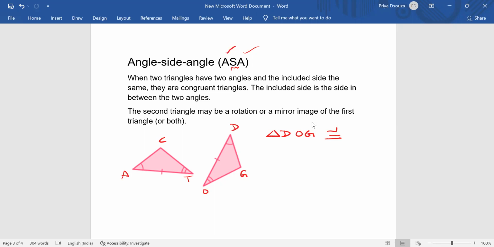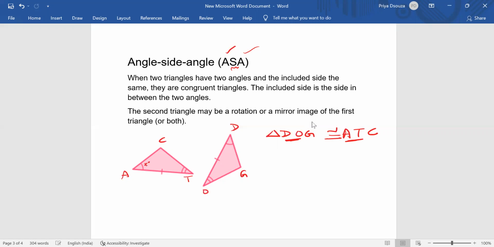Angle D goes with angle A, and if you see T, so here, if I'm going to, okay, I've written DOG first, I'll write CAT later. So here DOG, so D corresponds to A, and OG, that is the next one is O, right? So we're done with D. O is double stroke angle, so corresponds to T, and the G corresponds to, of course, C, the leftover vertex. So here again, it's given clearly, right? AT is equal to DO. Yes, it's the included side. So the side between